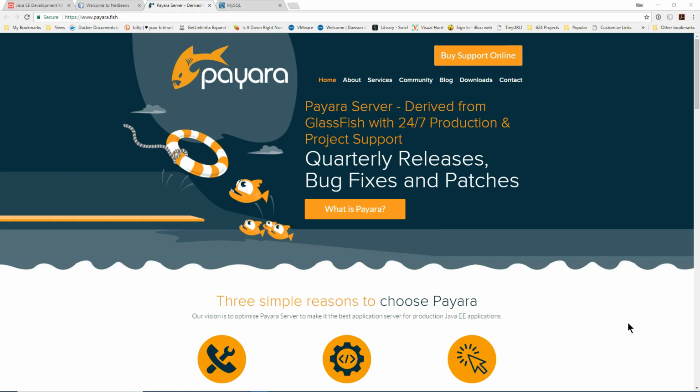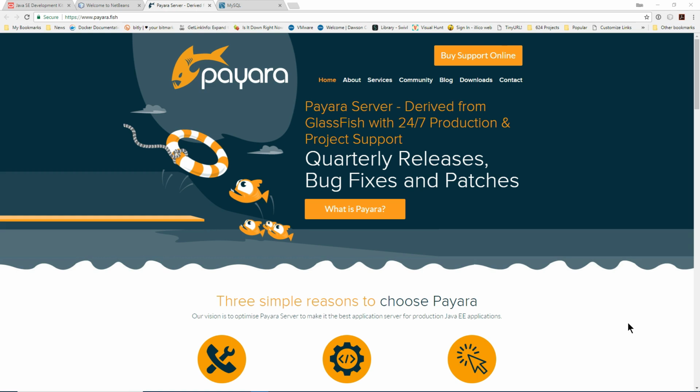The next piece of software we need to get our hands on is the Payara application server. Now, Payara is actually Glassfish. Because Glassfish is open source, the Payara people have used it as the basis of a product that they now maintain on a regular basis. A few years ago, Oracle ended commercial support of Glassfish, and so it is not updated as regularly as we'd like. Payara, on the other hand, whose business model, I should say, is based on selling support to companies that depend on a Glassfish type server,